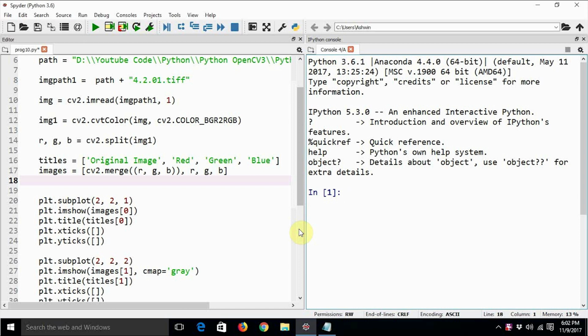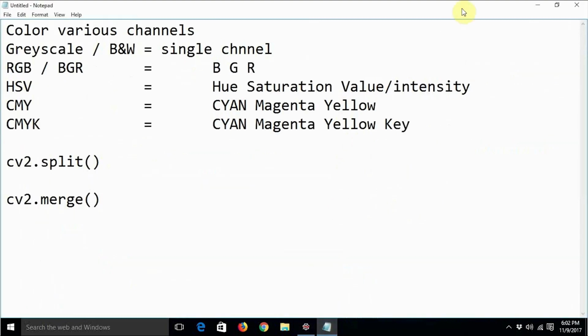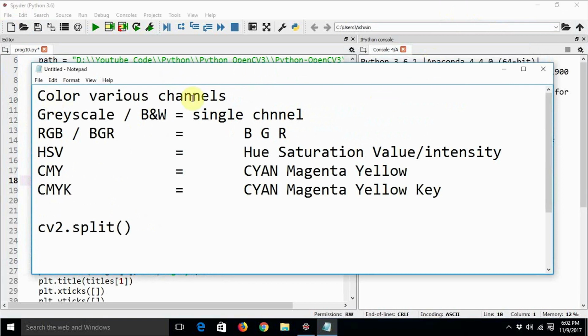So before we get started with the practical, because I have already got the code typed in, we are not going to spend much time typing the code, and anyway there are only a couple of new functions that we are going to use, so typing the code is not going to be the priority. I have already got the code ready. So before that we should have a look at the basics again. We should basically revise the basics.